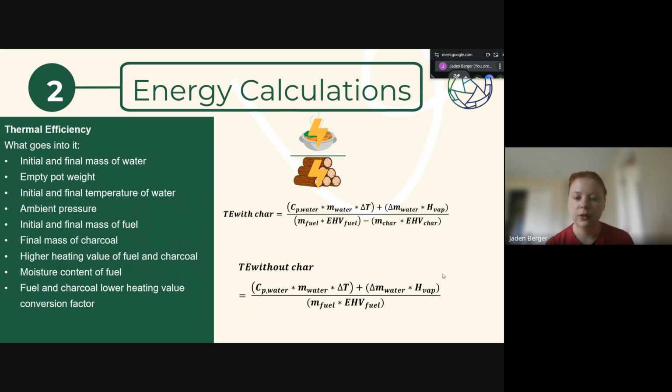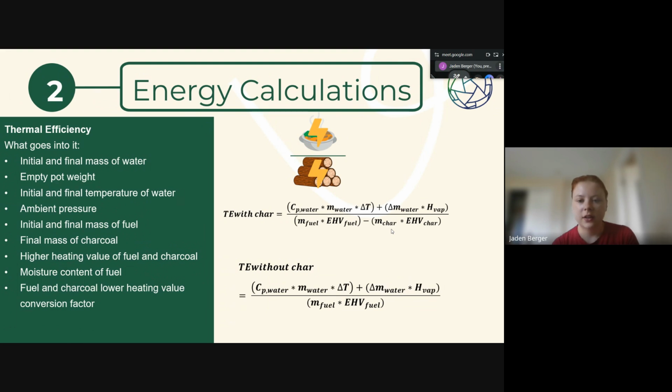So the mass of your fuel times the effective heating value of your fuel. What we do when we say thermal efficiency with char is we say, okay, we input all of this fuel, but at the end of the test, we had a remaining pile of charcoal. And that wasn't really calories that we used in the stove. That wasn't wasted energy because it's still here. So we're going to subtract out that remaining energy from the charcoal and kind of give credit to that remaining